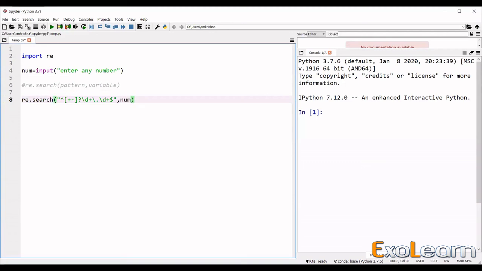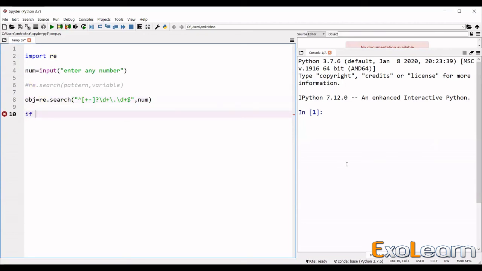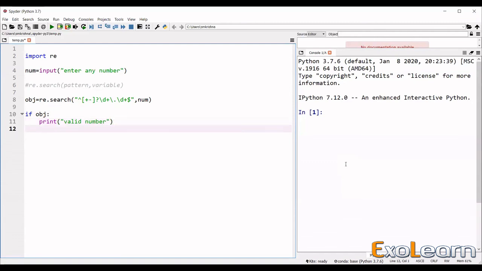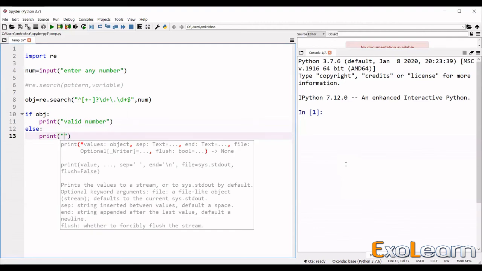When re.search is executed, an object will be created. That means when the pattern is found, it creates an object. Otherwise, no object is created. That is the only indication that we get of whether the pattern is in the provided input or not. So how do we manage it if the object is created? Whatever code you want, depending on the business, we can write, like print it's a valid number, else print invalid number, etc. That means it is not following my pattern.